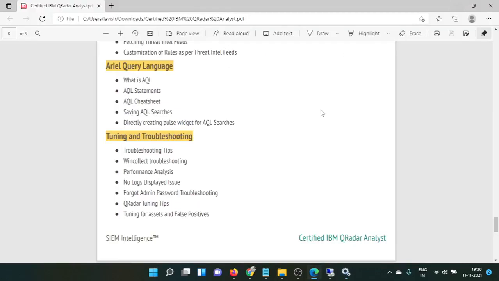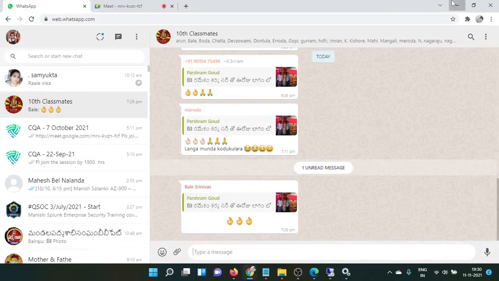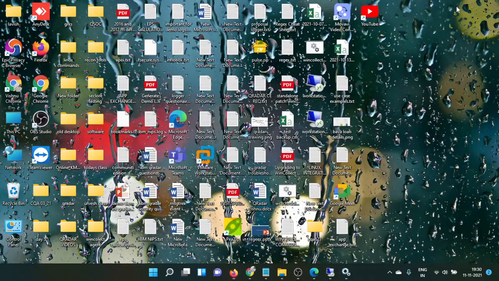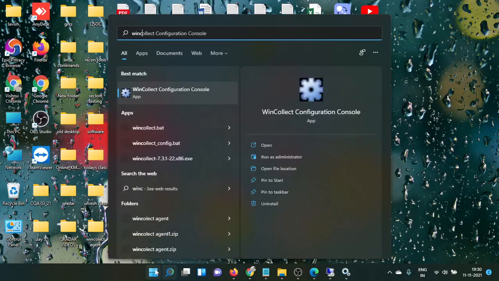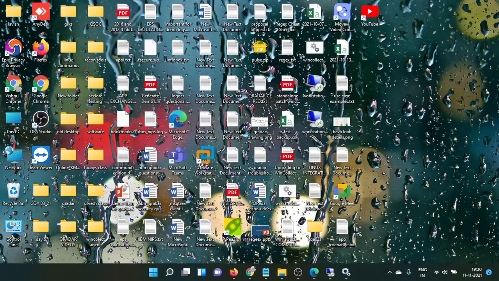And on the other hand, after the installation, you may not find that WinCollect configuration console in the system. It may be getting crashed continuously. There may be a chance.